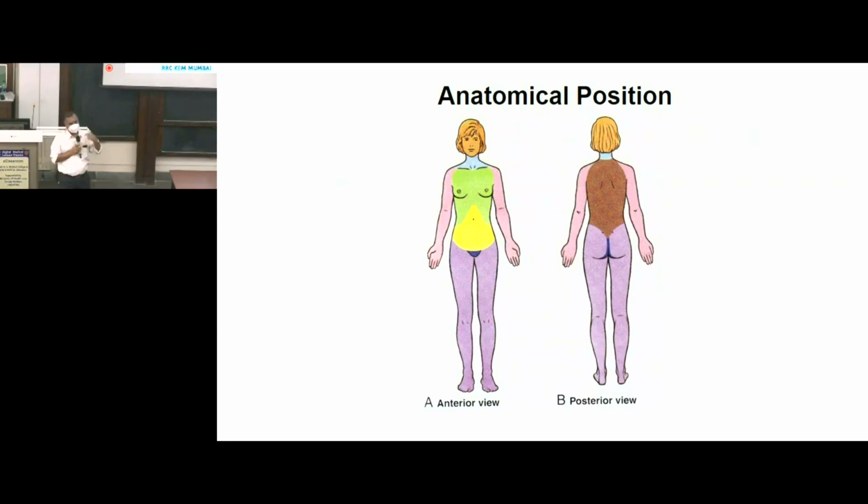But can we learn cadaveric anatomy in anatomical position? Will the cadaver be made erect for you to dissect? No. The cadaver will always lie on the table because there is no life. It has to be supported. But still, all the terms that are used for the body parts are used as if they were in anatomical position. Got it? Can anybody repeat what anatomical position is? Yes.